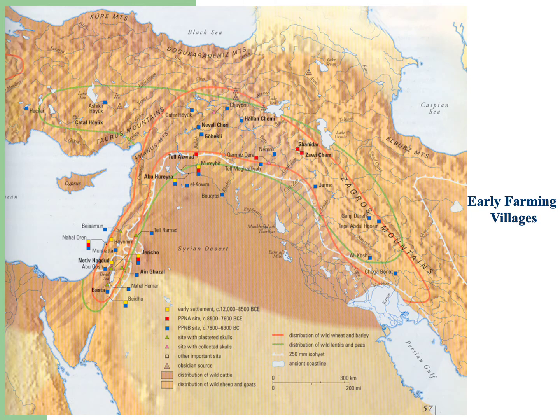You can see also on this map the distribution of wild wheat and barley and the distribution of wild lentils and peas through this area. So these people are still occupying many of the same zones that were occupied by their Natufian ancestors during the upper and latest periods of the Paleolithic. But they changed that ecological relationship. You can also see on this map the distribution of wild cattle and sheep and goats. The overlap of that zone is pretty consistently mirroring the same pattern of the Neolithic as well.